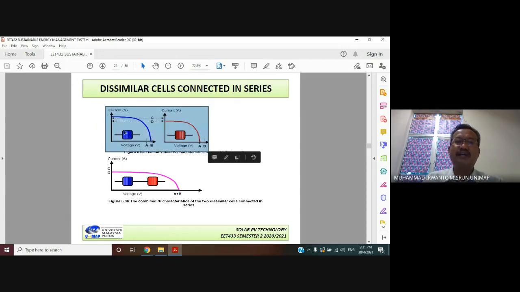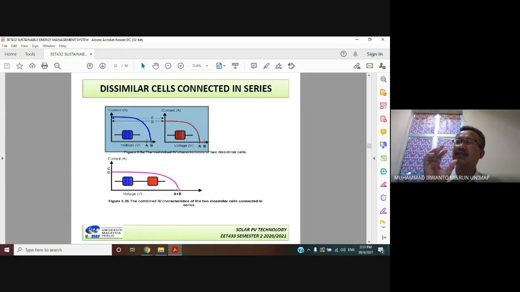The blue PV cell has the voltage B volt, and the current is C amperes. The red PV cell here has the voltage A volt, and the short circuit current is D amperes. So if we connect them together in series, the total voltage